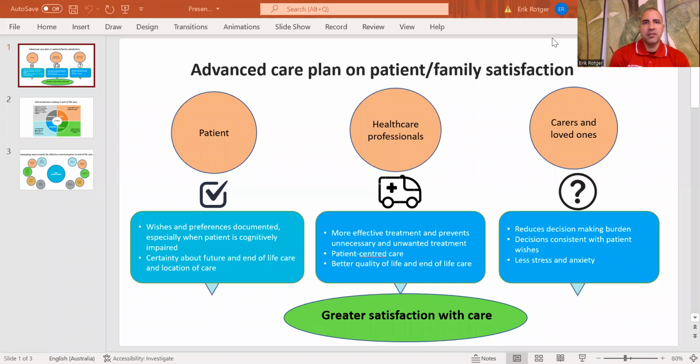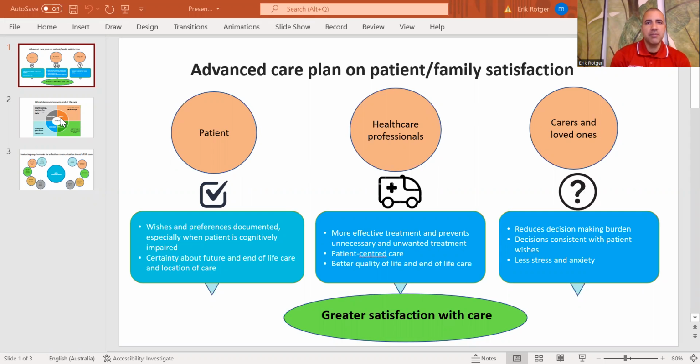I'm going to be presenting on the topic Advanced Care Plan for a Palliative Patient. An advanced care plan offers certainty about end-of-life care for a patient, the family, and the treating palliative care team. Through structured and meaningful conversation, the patient is empowered to open up and document their preferences and wishes regarding management of their illness and the location of the delivery of their care.